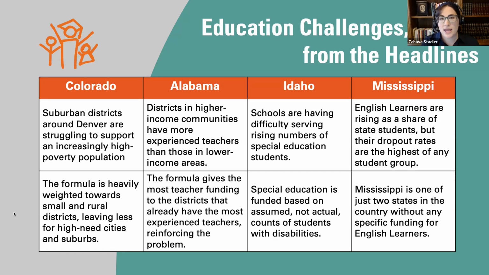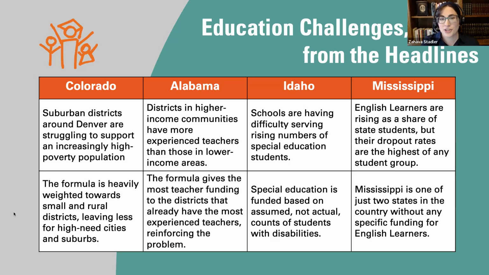And that's why I want to make the case that knowing how a state funds its public school system, separate from how much, that the how matters, and that it really matters for understanding the challenges that children are experiencing in schools. And that secret funding policy factor that may underlie and contribute to a classroom level problem is not always the easiest thing to uncover. And that's what I'm hoping to help you with today.